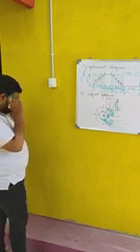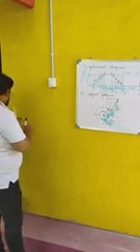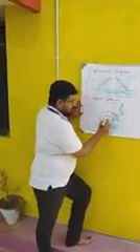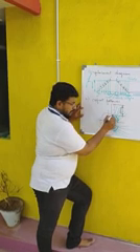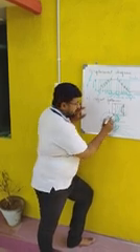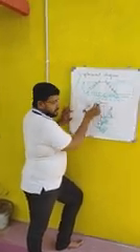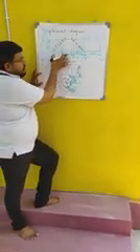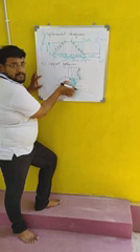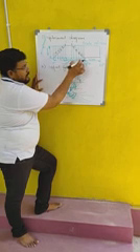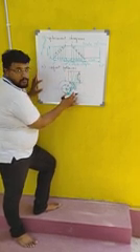That means here what we have to do: first of all you have to join the trace point of the knife edge follower to the center of the cam, and afterwards from here you have to measure the 60 degrees rise period, followed by 30 degrees dwell and return period, and the remaining 210 degrees is dwell. Here we have divided the rise period into 6 equal parts, therefore this is to be divided into 6 equal parts. Just note the numbers here, and the dwell period is empty; the return period you have divided into 6 equal parts.